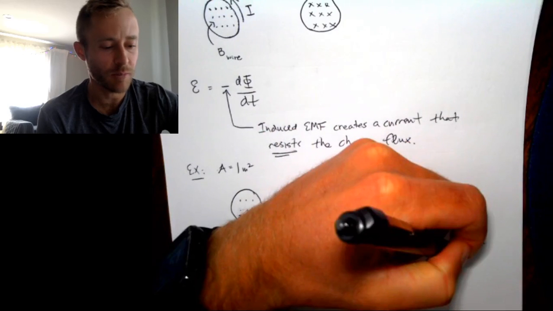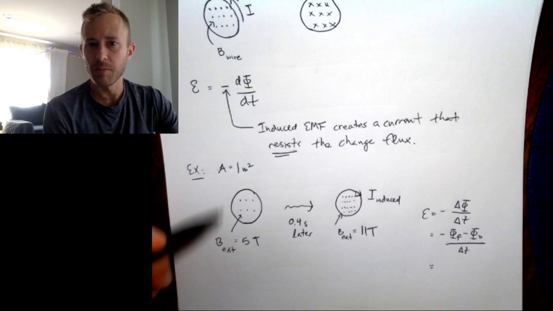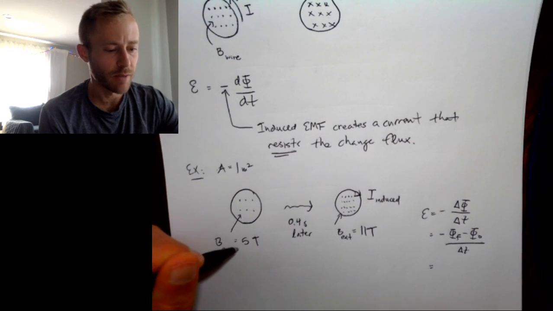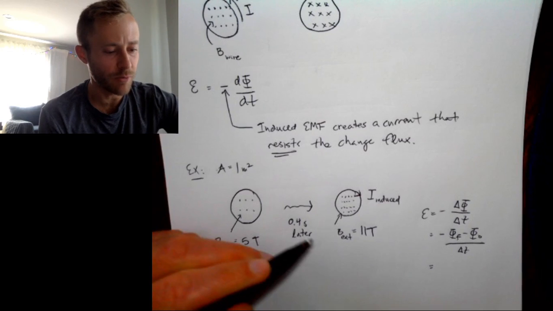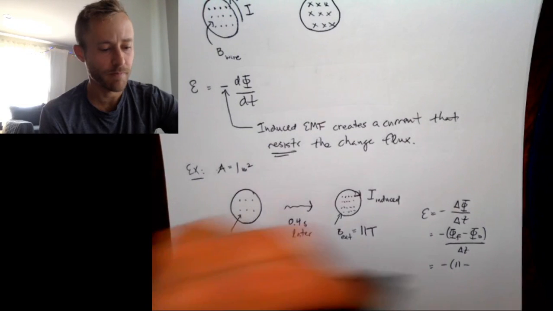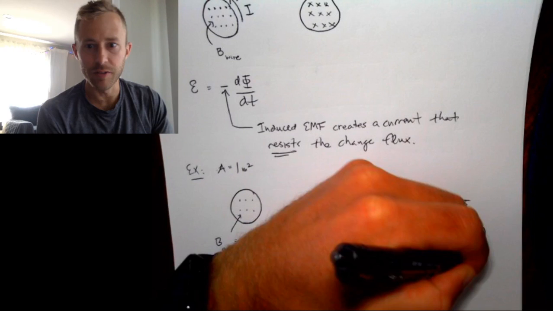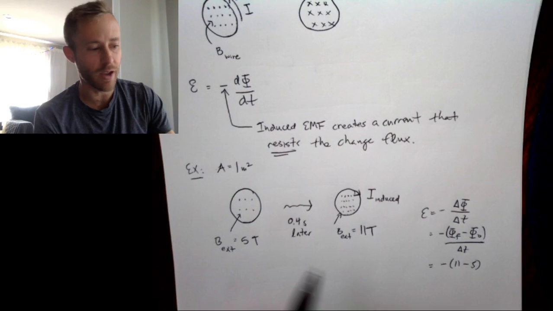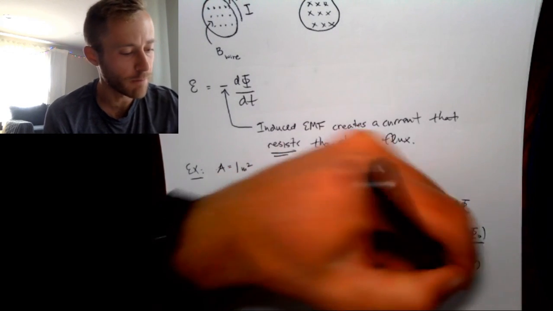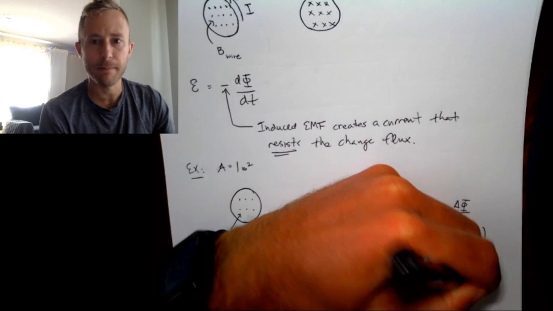The magnetic field is perpendicular, so flux is just going to be BA, and we'll assume that n equals 1. The final flux is 11, the initial flux is 5, and these should be multiplied by the area, which is 1. In general, it's not going to be B final minus B initial. It's going to be flux final minus flux initial, divided by 0.4. Okay, so that gives